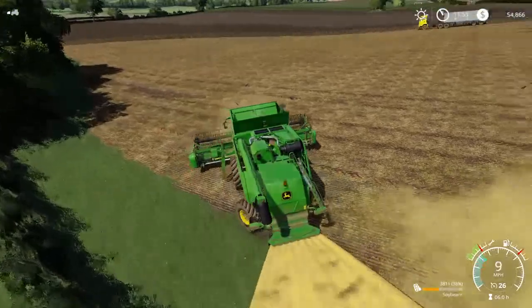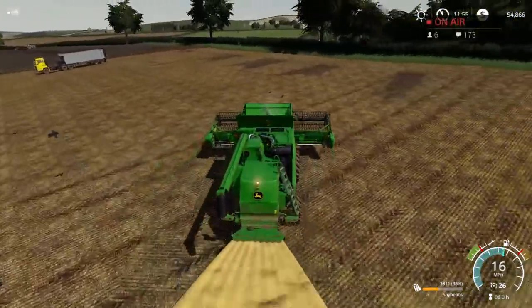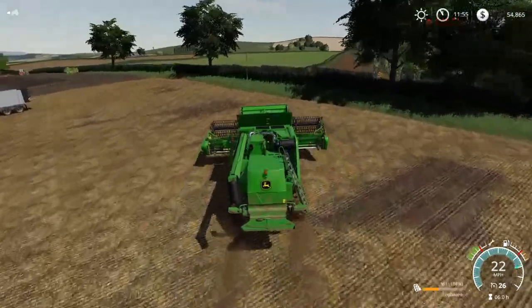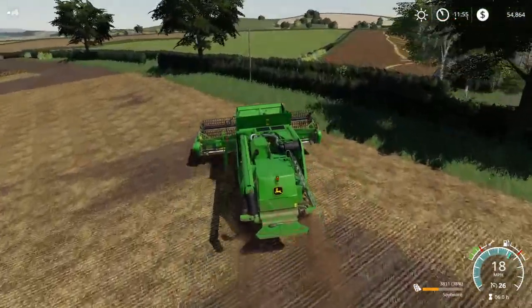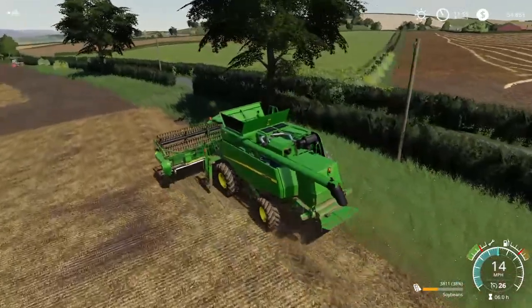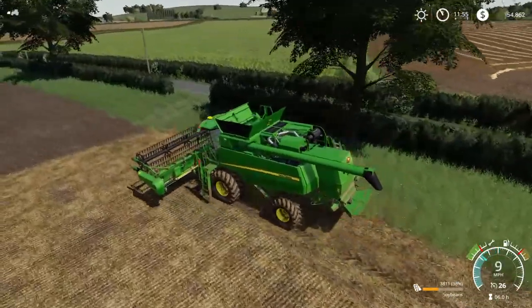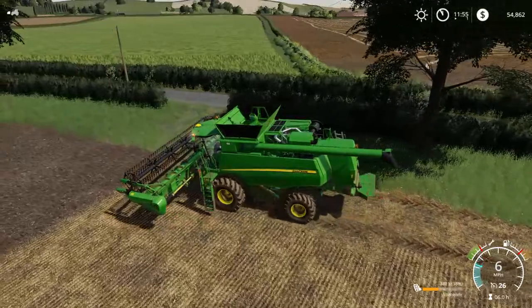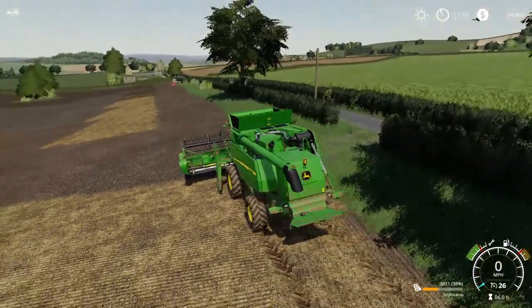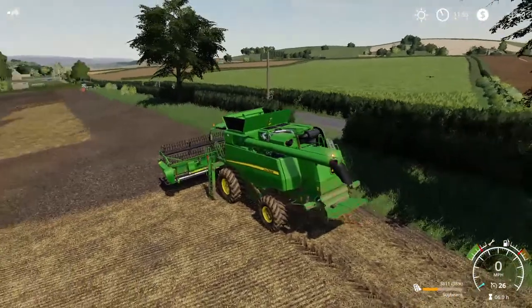So if we do get enough money down the line, just right in front of us there, still growing, is our neighbor field, and it's all corn growing right there. I think I might want to pick that field up. We'll get some more fertilizer put down on it. But yeah, it's all corn growing right there, so I might end up getting that one. It wouldn't be a bad idea to have all that kind of